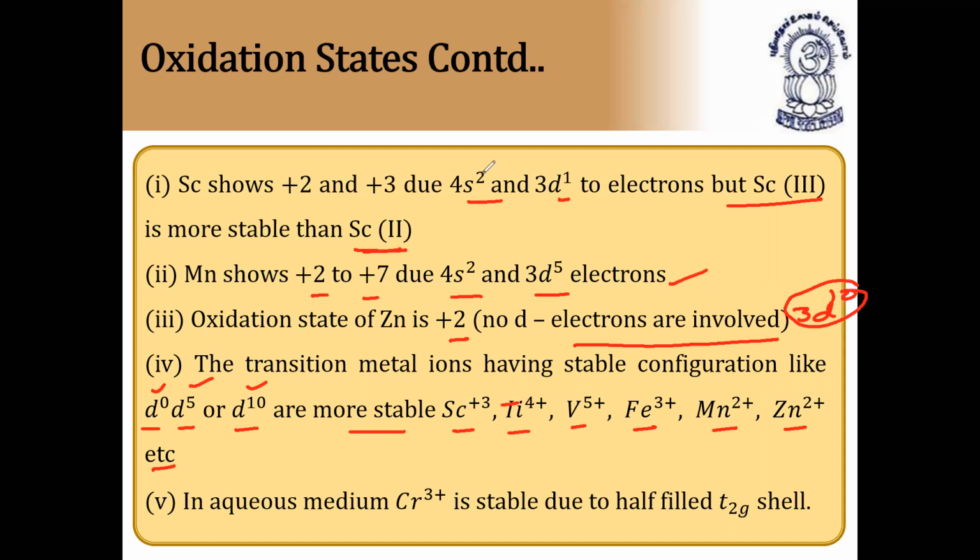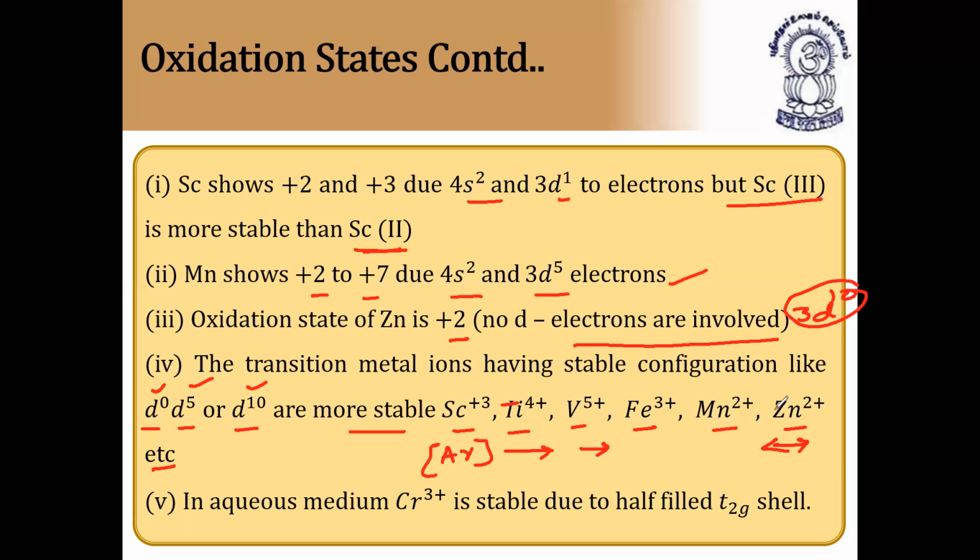Scandium +3 means 4s2 electrons, 3d0. So 4s0, 3d0. It has inert gas configuration, that is argon. If you remove 3 electrons from scandium, it becomes argon. From titanium also, it becomes argon. From vanadium also, 5 electrons, it becomes argon. From zinc, if you remove 2 electrons,